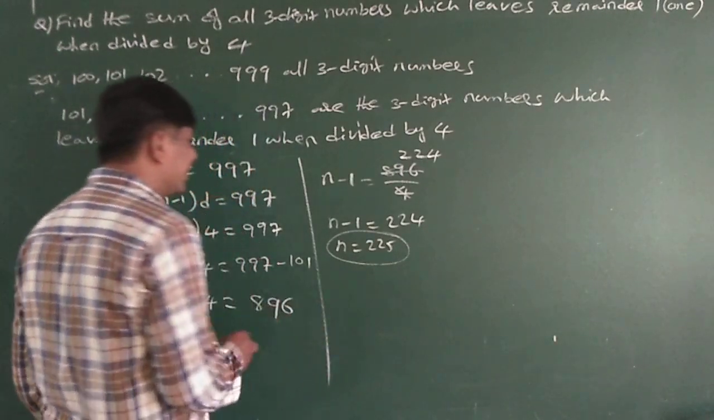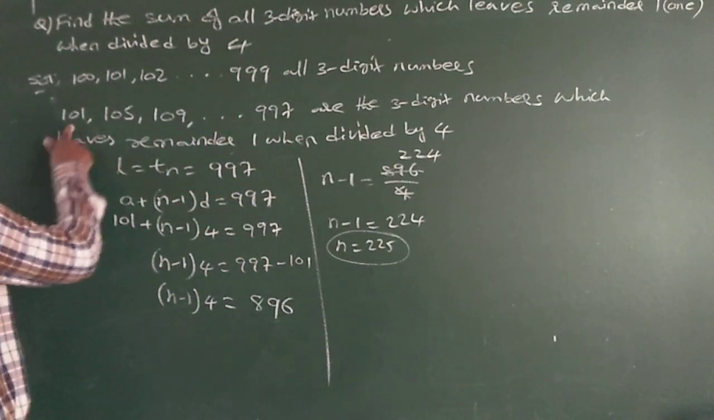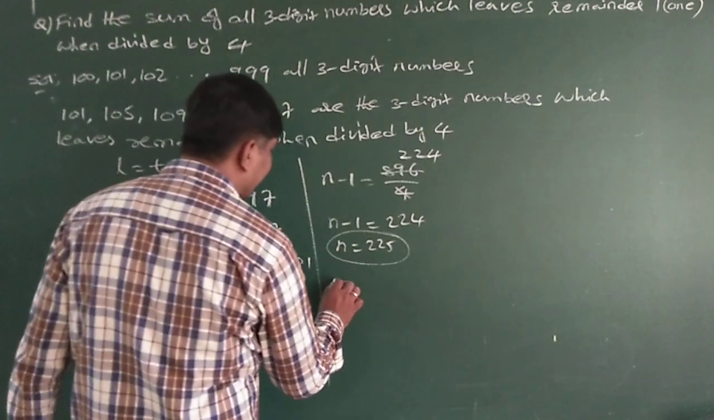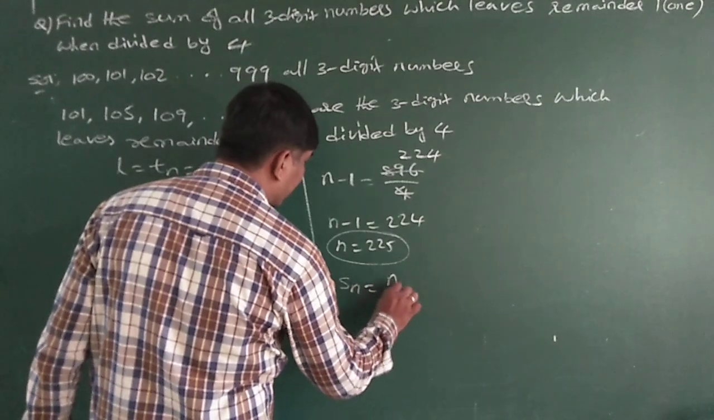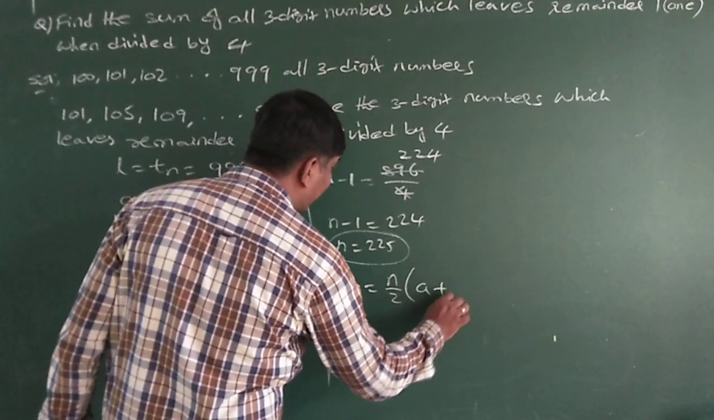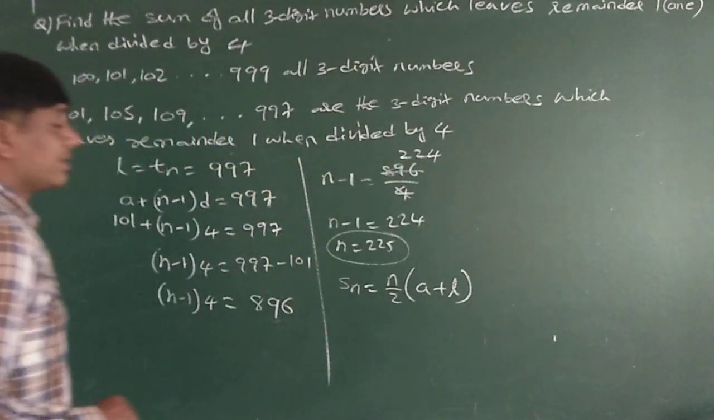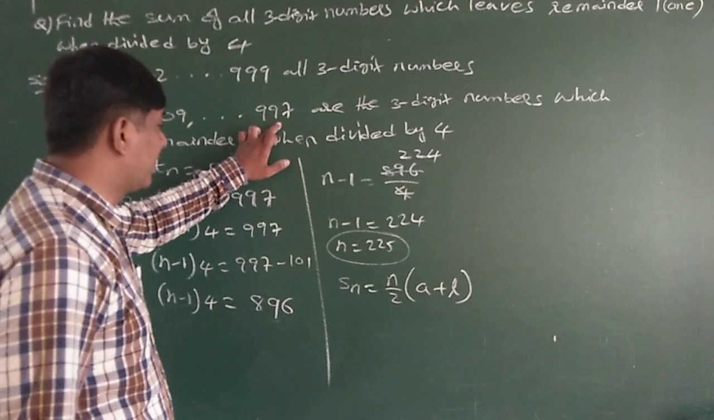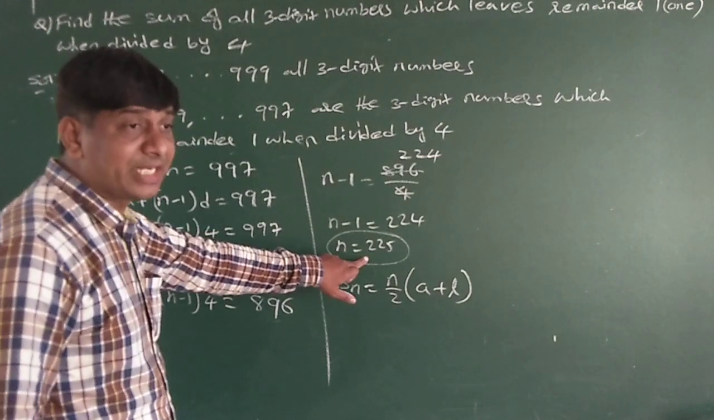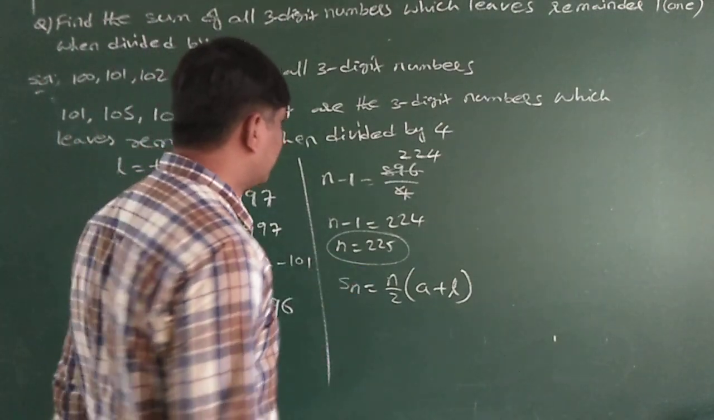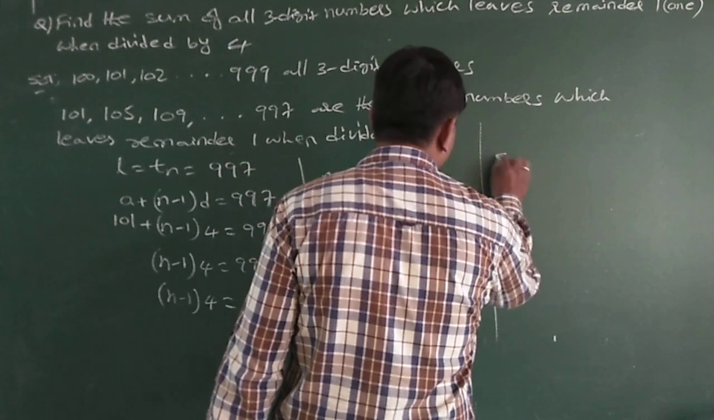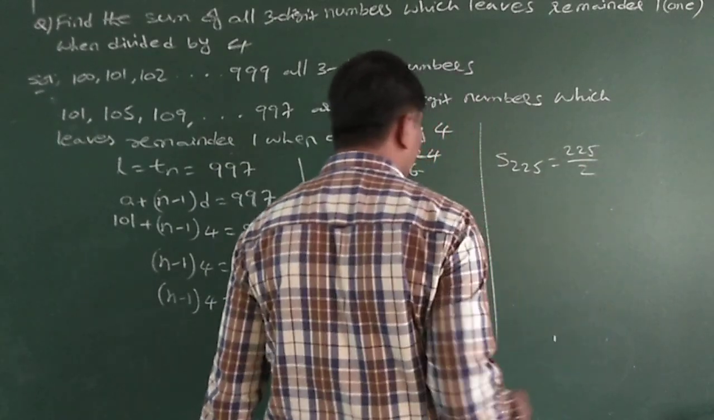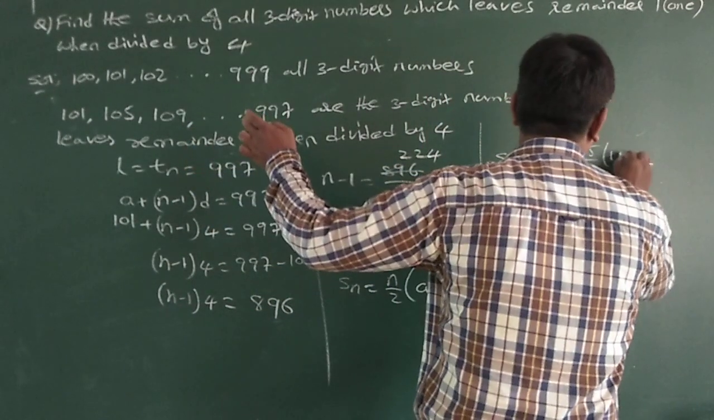Now since I know the first term, the last term, and how many terms are to be added, I take the formula Sn is equal to n by 2 into (a plus l), the second formula. I know the first and last term as well as how many terms to be added. So S225 is equal to 225 by 2 into (a is 101 plus